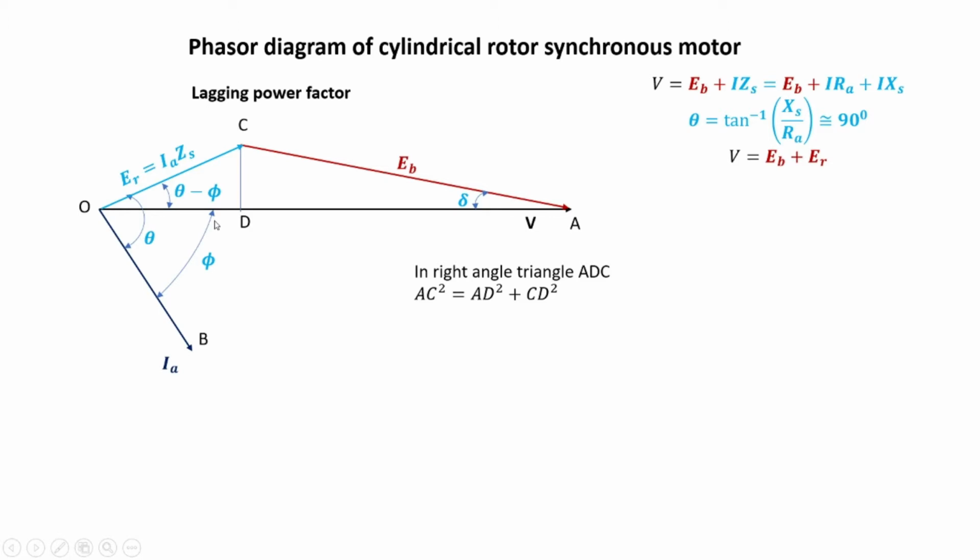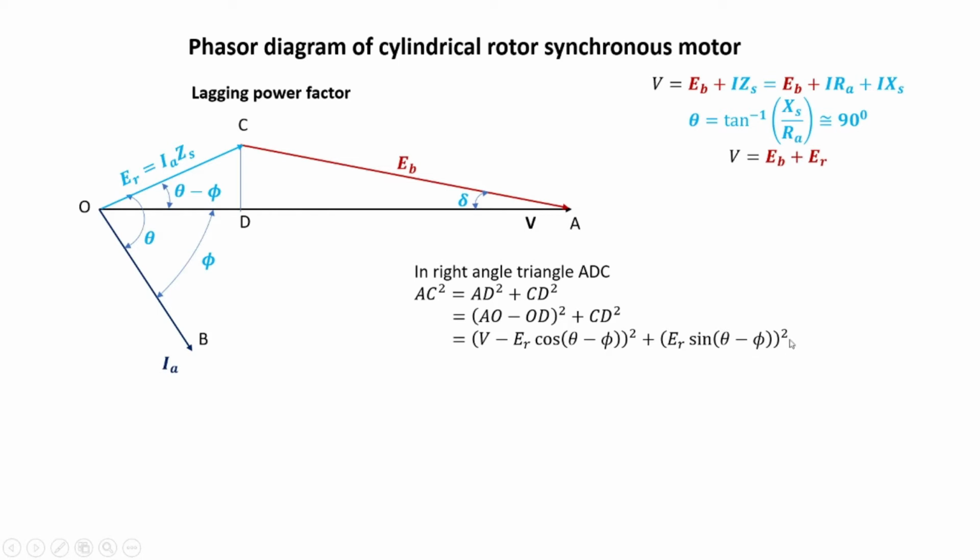So what is OD? OD is equal to IAZS cos(theta minus phi). What is CD? CD is equal to IAZS sin(theta minus phi). What is OA? OA is equal to V. So AC square, that is EB square, becomes (V minus ER cos(theta minus phi)) all square plus (ER sin